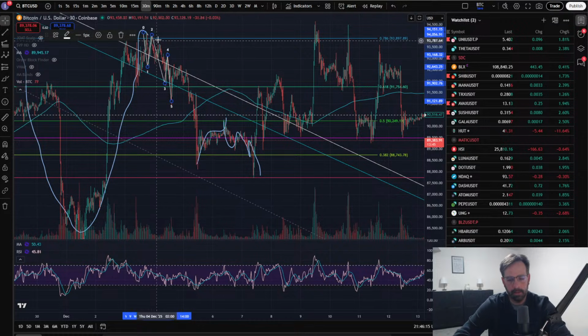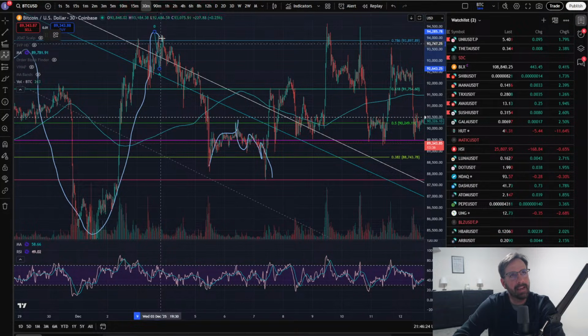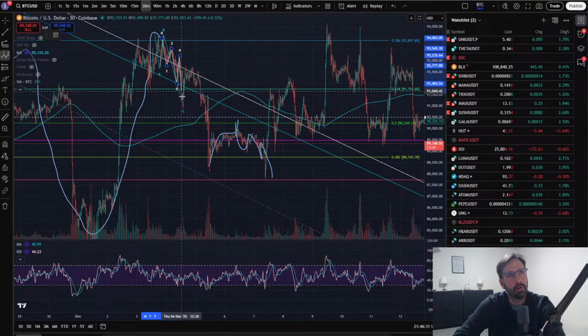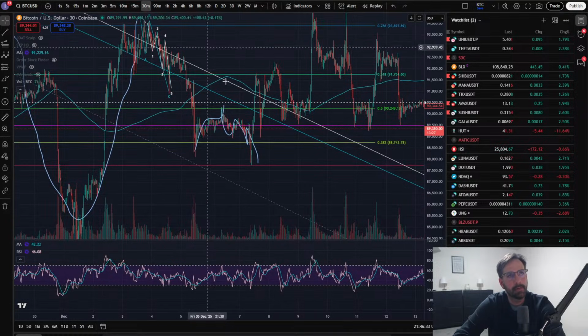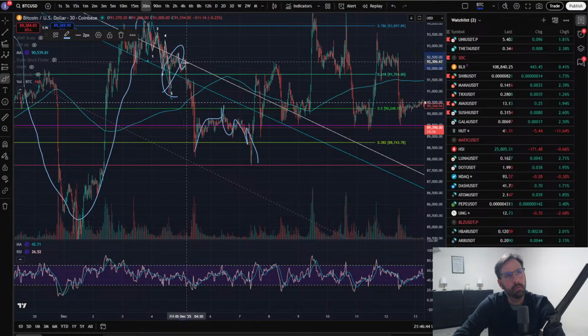What else could that be? Instead of a leader, it could be an ABC with an ending diag. That's possible. So we look at this and say that's A, that's B, and this is C. In which case you've got 1, 2, 3, 4, 5. There's a possibility. Got a trashy, oh, come on. Trashy little wave here. Then 1, 2, 3, 4, 5. It's not pretty.